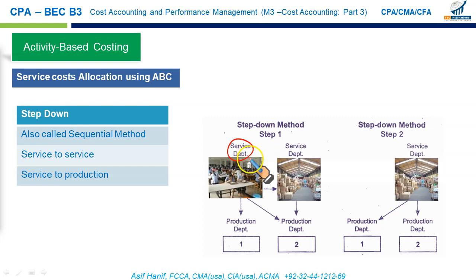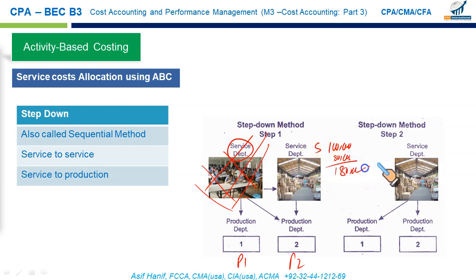We will allocate the cost of the canteen to the stores, to production department 1 and to production department 2. Now the canteen cost has been transferred to stores, production 1, production 2. Now the new cost, let's say stores had its own cost of $100,000. The canteen department transferred its cost of $80,000 to stores.